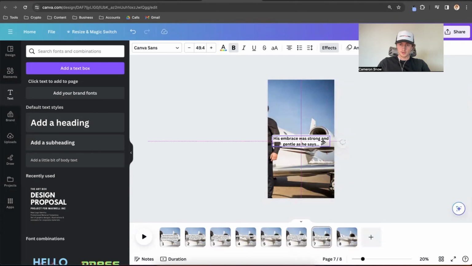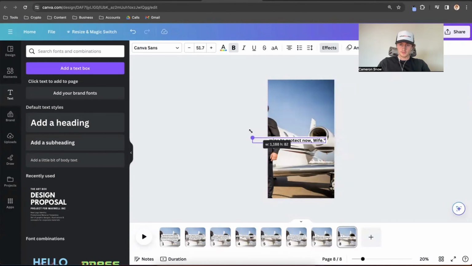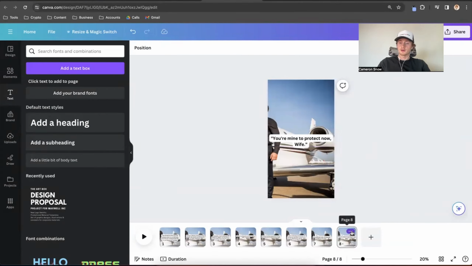Get a little bit smaller. Great. Same thing here. Drag it out. A little bit smaller. Great. That looks awesome. Cool. And now what we want to do is duplicate this last page, delete out the text,